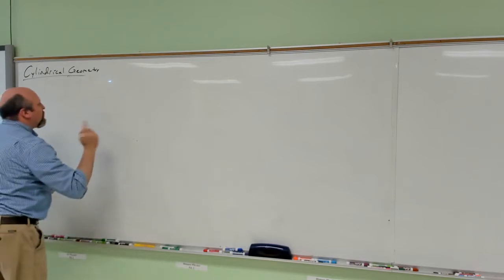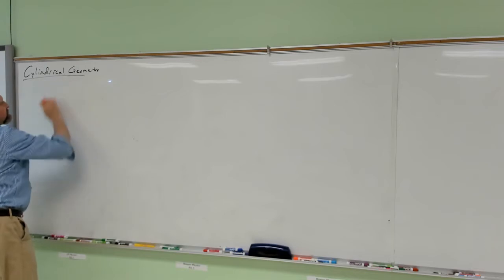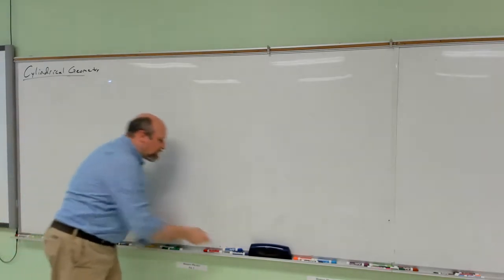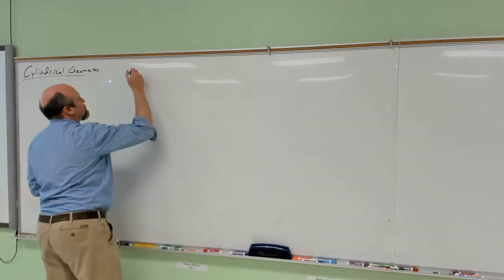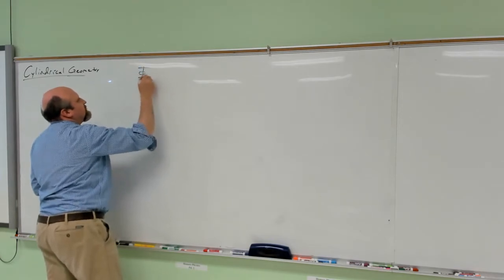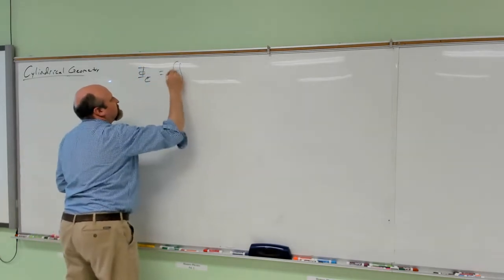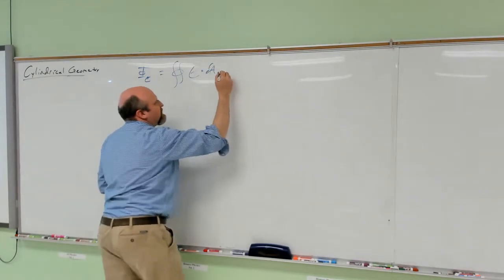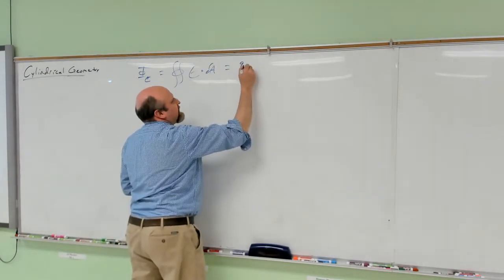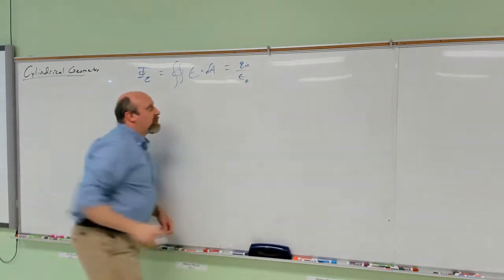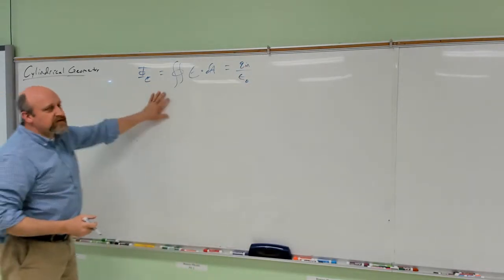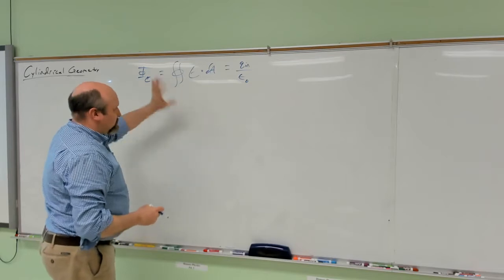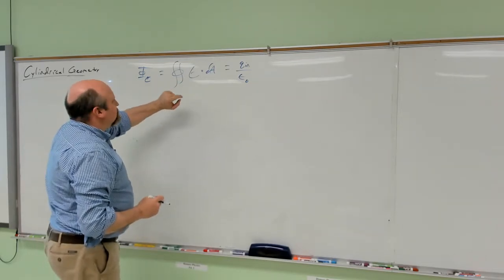Now, what I want to point out is that for Gauss's law, you know that flux looks like this. You say my electric flux is equal to the integral over a closed surface of the field strength dot dA. That's equal to the charge inside the closed surface over epsilon naught. And you say, hey, if I want to use Gauss's law, while it's always true, I know that when I